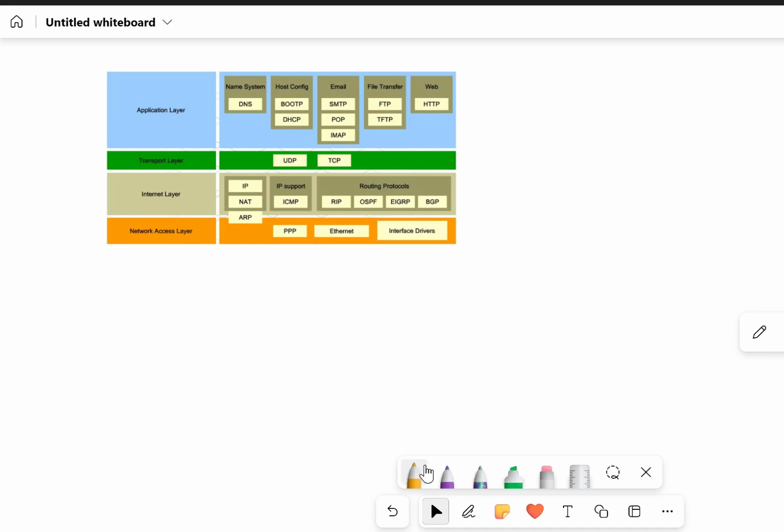So a quick recap, this is the TCP/IP model, or layers shall I say. These are the different protocols used on each layer. I'm going to focus on the application layer. What you need to know for our CIE exam board